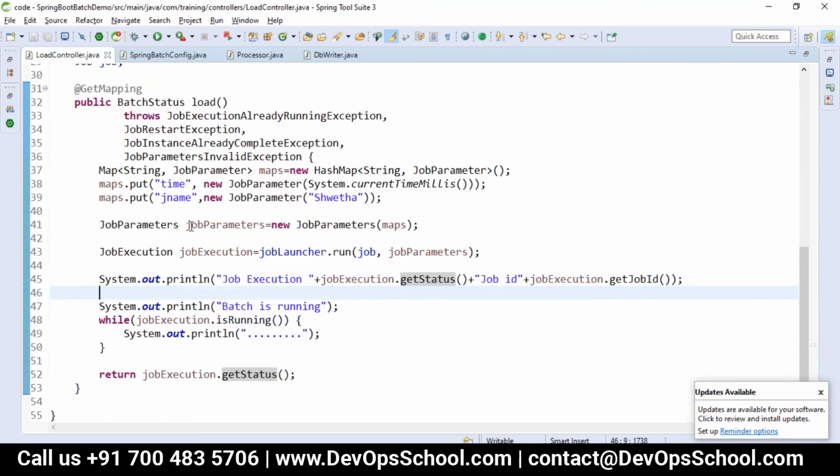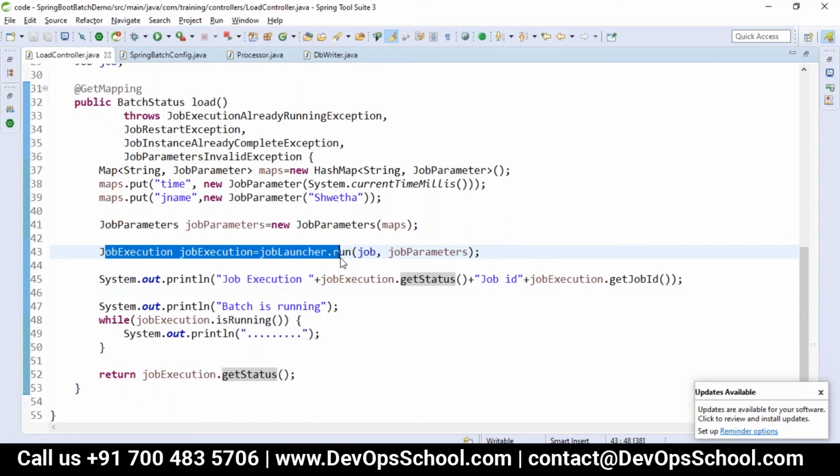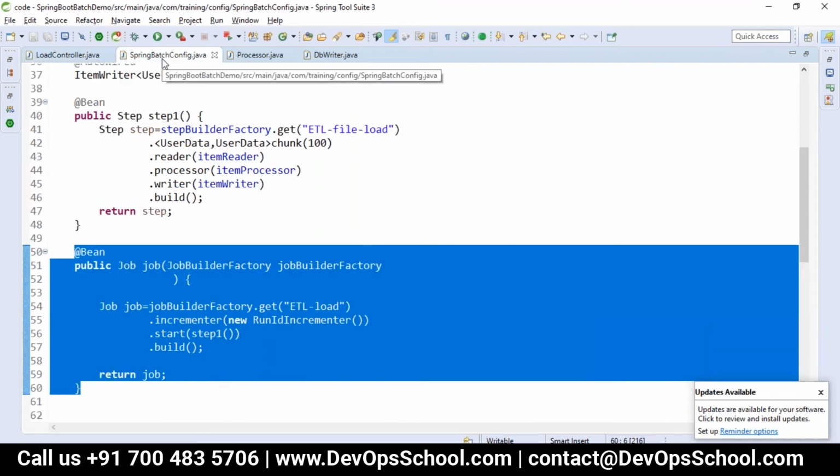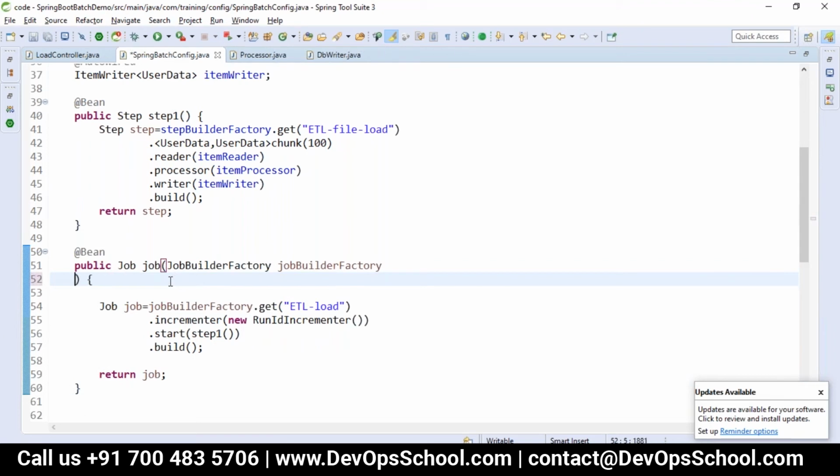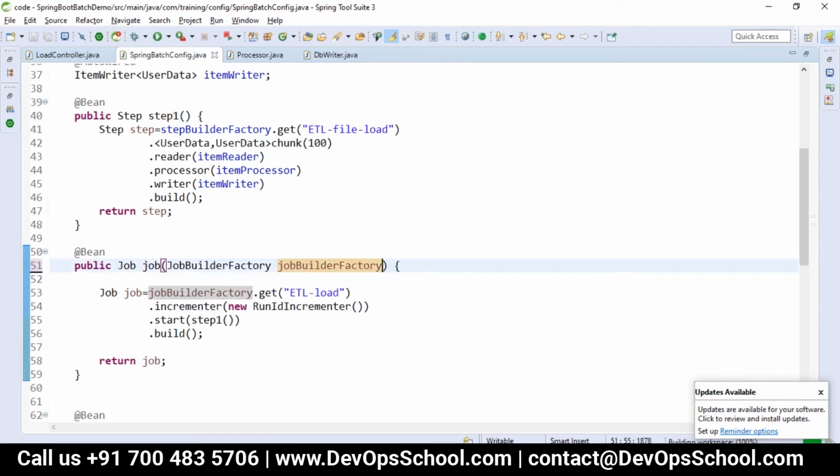That's the controller we have written to run the job. Whenever you send a request to this controller or to this method, the job will be launched. When the job is launched, we require the job. This job has to be configured in the configuration. Whatever I explained in the notepad, the same code is available here. That is the job builder factory.